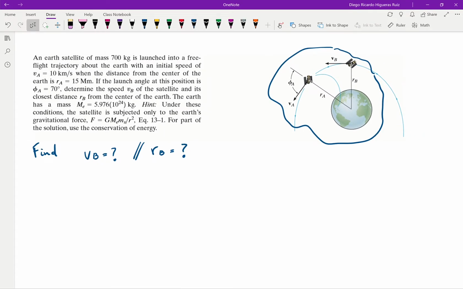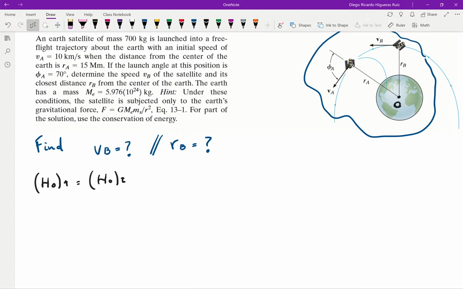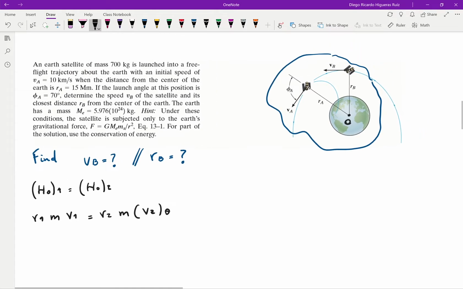All right, so the center of the Earth is gonna be point O, and with that notation, we're just gonna go ahead and write the conservation of angular momentum. All right, so we're gonna have R1 times mass times V1 equal R2 times mass times V2 theta. Again, for this position,